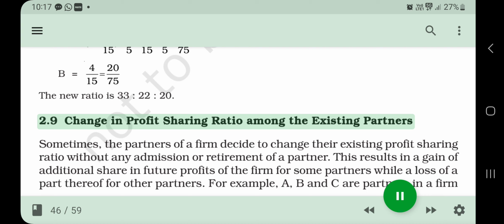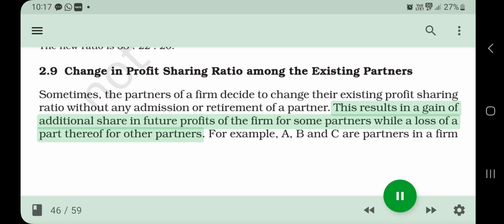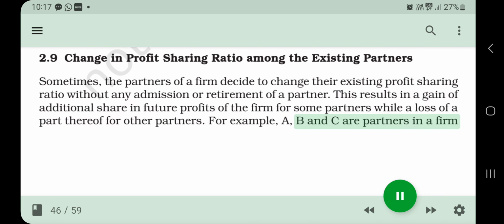Change in profit sharing ratio among the existing partners. Sometimes, the partners of a firm decide to change their existing profit sharing ratio without any admission or retirement of a partner. This results in a gain of additional share in future profits of the firm for some partners while a loss of a part thereof for other partners. For example, A, B and C are partners in a firm